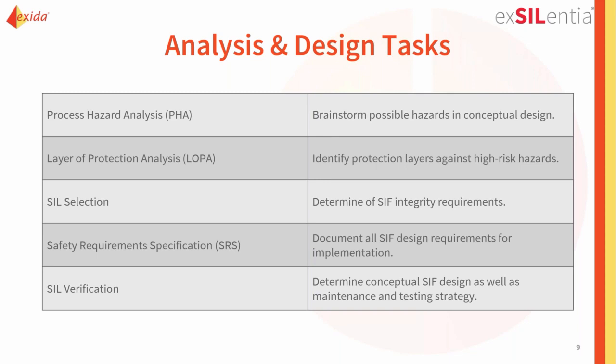When we look at the process hazard analysis, we brainstorm the possible hazards. In the layer of protection analysis, we identify protection layers. In SIL selection, we determine the SIF integrity requirements. In the safety requirement specification, we document all the safety instrumented function design requirements. And then in the SIL verification, we determine if our conceptual SIF design is adequate for addressing the requirements, but we also define the maintenance and testing strategy, and that's where we're going to be focusing